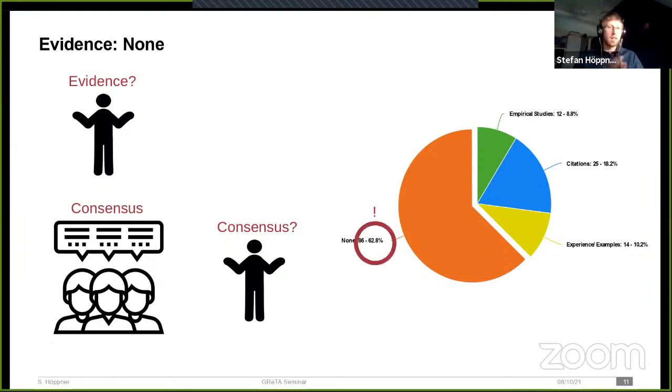Another problem is the overwhelming amount of claims that are stated without any accompanying evidence. Well, even if we cut a part out for the claims that are generally accepted, we still have maybe half of all claims that are not substantiated in any way, which kind of points to a gap within the research that's being done right now.